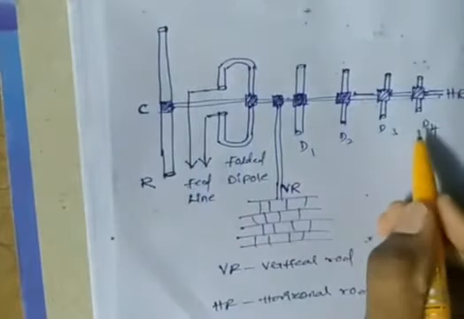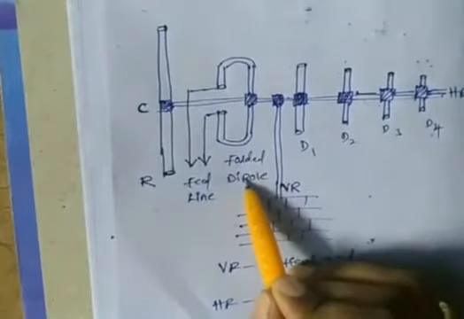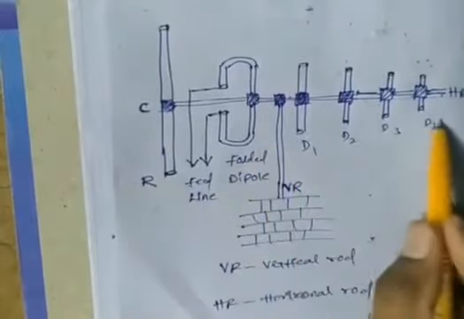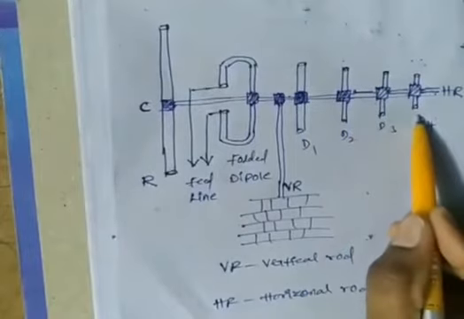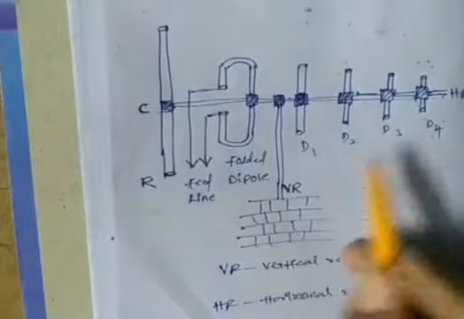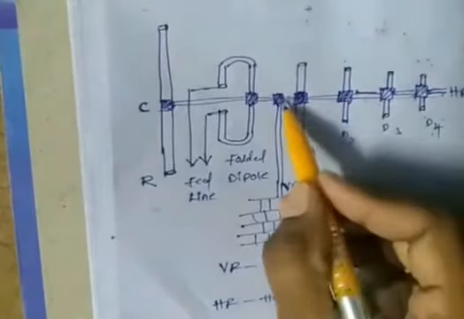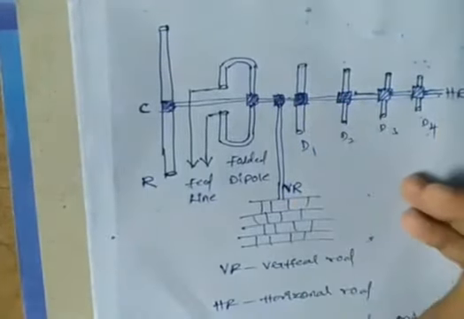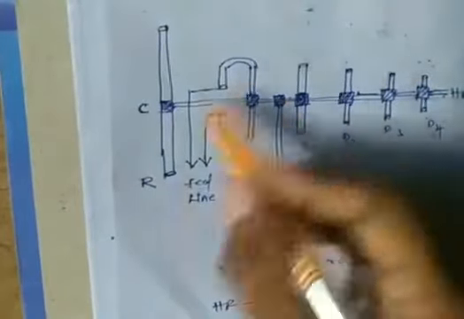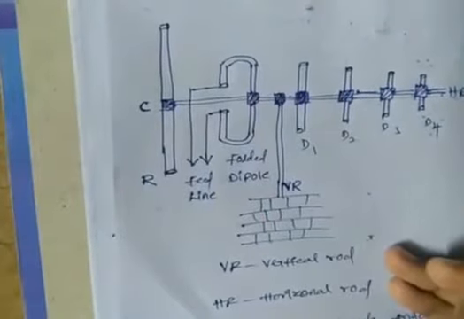In this 6 element Yagi-Uda antenna, we are using the driven element as a folded dipole antenna. One reflector and a number of directors. Whenever we use a number of directors, we obtain higher gains in the Yagi-Uda antenna. Here this one is a vertical rod and this one is a horizontal rod. This vertical rod gives support to the horizontal rod. The horizontal rod gives support to all the elements. So generally for television purposes, we use this type of Yagi-Uda antenna.